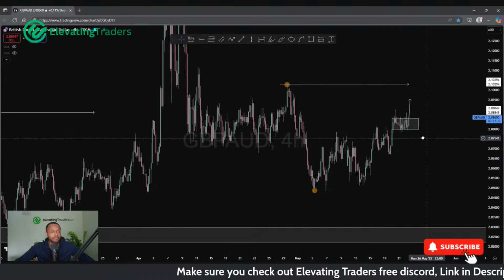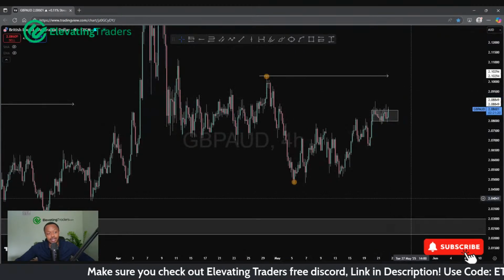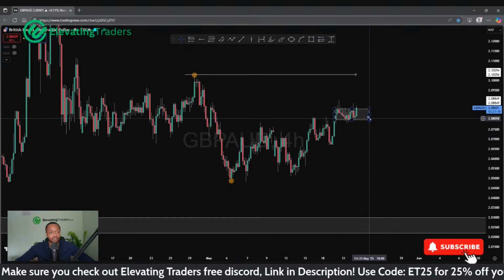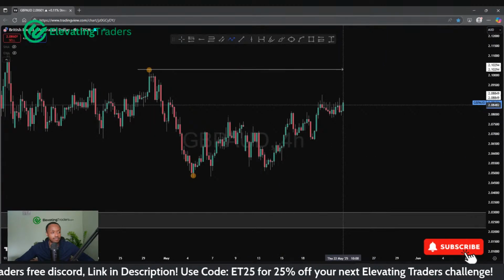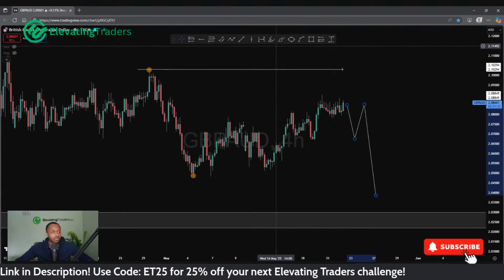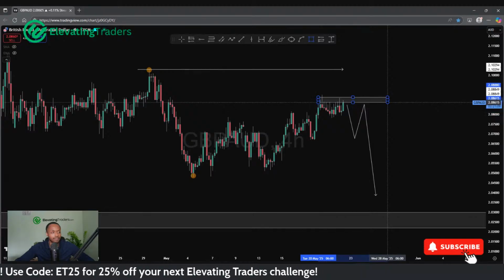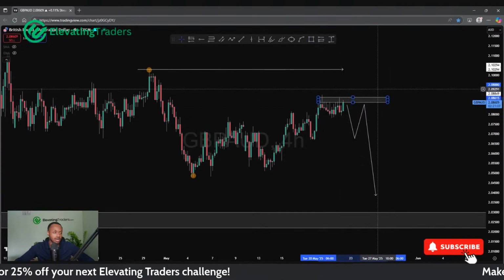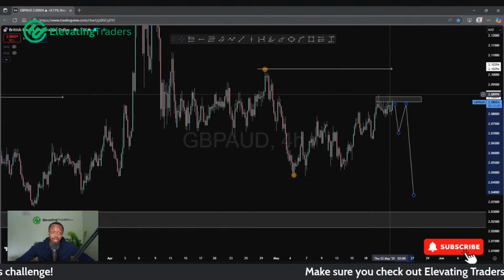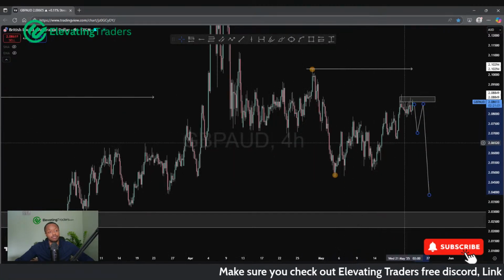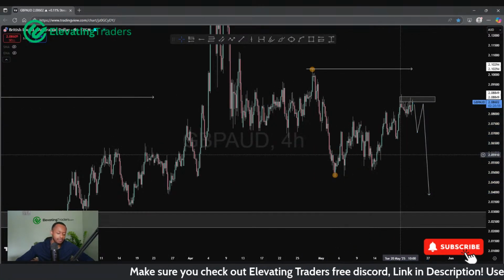But yeah, since then we haven't really seen price get going. So maybe if we can form some type of double top here, or maybe see some exaggerated wicks to the upside, that would be enough for me to enter a new position, expecting that swing to happen. But for now, things are looking pretty corrective.